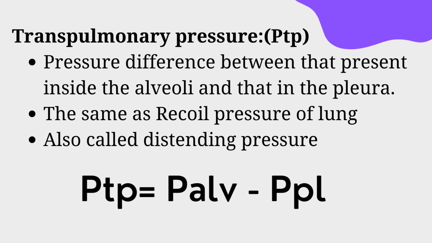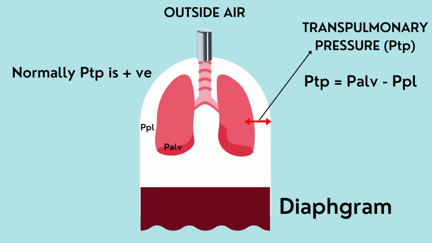It's the pressure difference across the entire lung. And in a normal lung, this pressure is always positive, which means it pulls outward, so it helps to keep the lung open. So the PTP, or the transpulmonary pressure, is the pressure inside the alveolus minus the pressure outside, or the pleural pressure. So the alveolar pressure minus the pleural pressure. Here in this diagram we can see what I was talking about earlier, that the transpulmonary pressure is the pressure across the entire lung. Okay, and normally the PTP is positive.